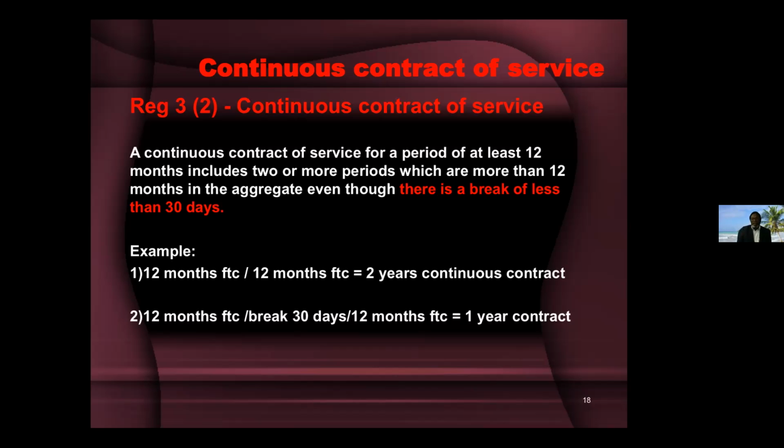What if you want to break a fixed term contract? Let's say we have a 12 months fixed term contract and you want to give a genuine fixed term contract, you give a totally different contract, change the job designation. Based on the Hang Chiang rules as we know, you have to give a totally different job description, then it becomes a genuine fixed term contract. Otherwise, it becomes a continuous fixed term contract or a fixed term contract which is disguised as a permanent contract. So to employ this 30-day break to mean that it is a genuine fixed term contract does not work.